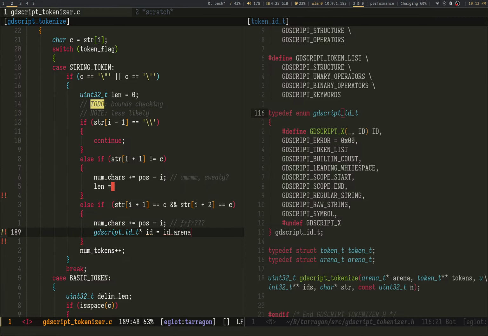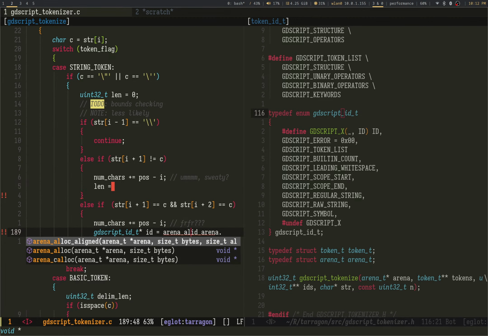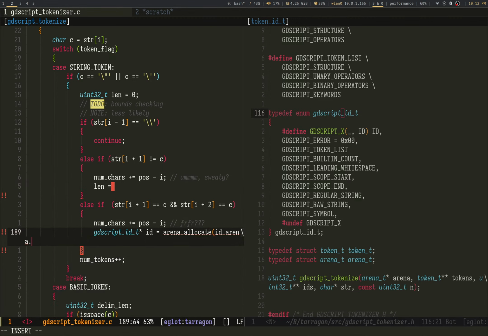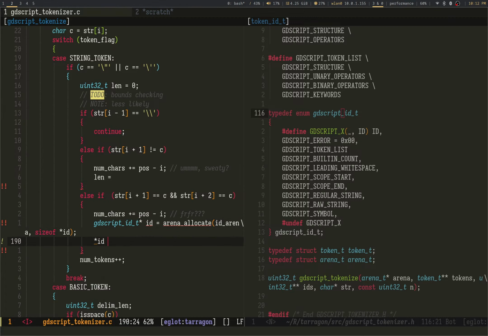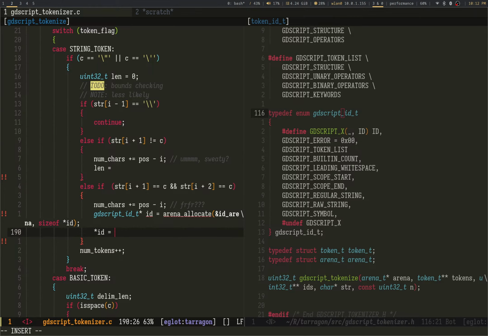ID arena dot size up id, and we just say that, find that and ampersand. This is in fact, ooh, I have to let it know it's a raw string. One second.